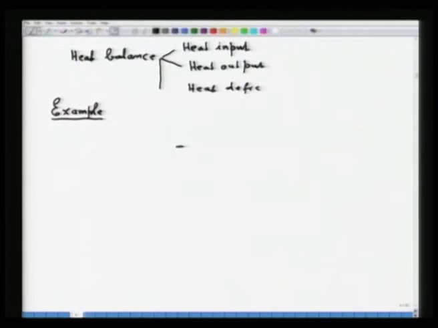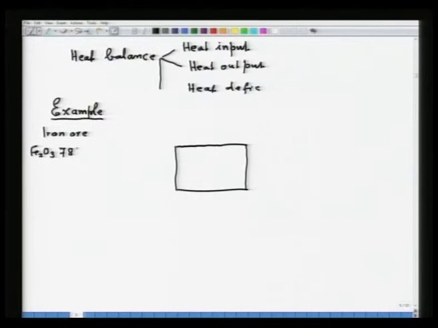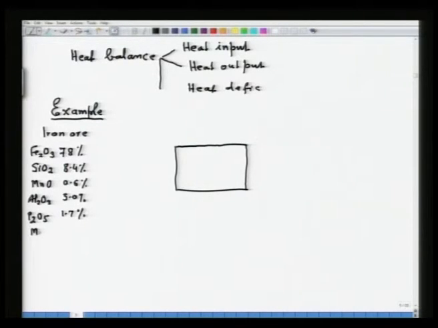So, let me take, this is the reactor. Say I am charging here iron ore whose composition is Fe2O3 78%, SiO2 8.4%, MnO 0.6%, Al2O3 5.0%, P2O5 1.7%, MgO 1.2% and H2O 5.1%. Then flux is charged